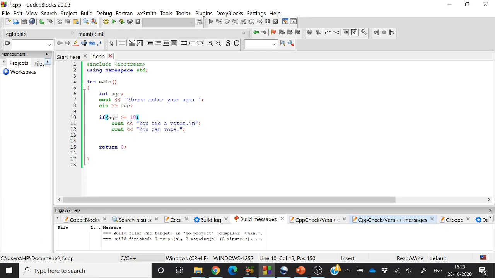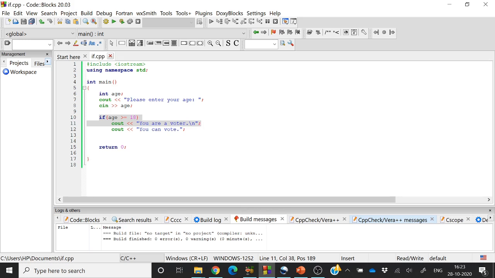Why? Because the compiler is thinking that the if condition contains only a single statement, and this single statement is executed if the condition is true. But when I entered age equal to 10, the condition becomes false, so this statement is not executed, and the compiler assumes that this is the end of the if.